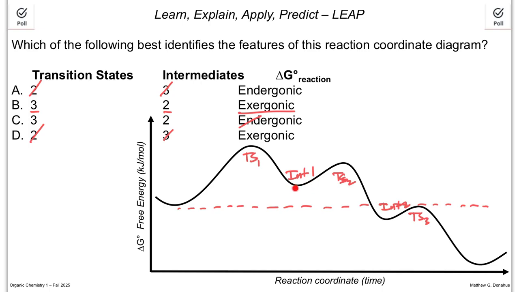When you get into a well, those are called intermediates. And again, this isn't the best representation, but when the ball goes up the hill, even though I'm showing that as kind of a nice slope you can stand on,